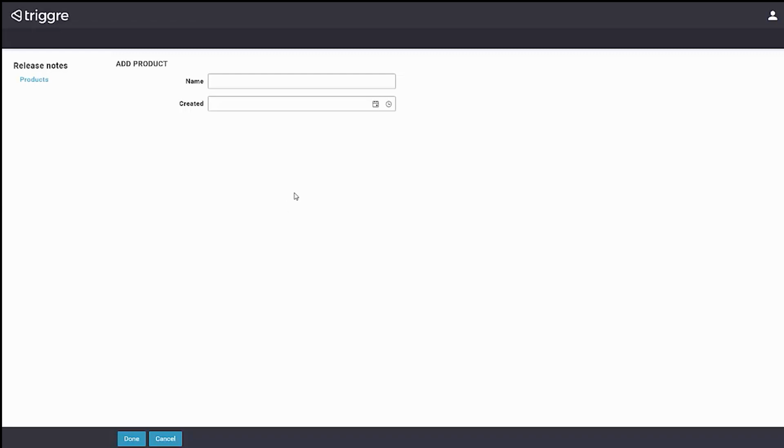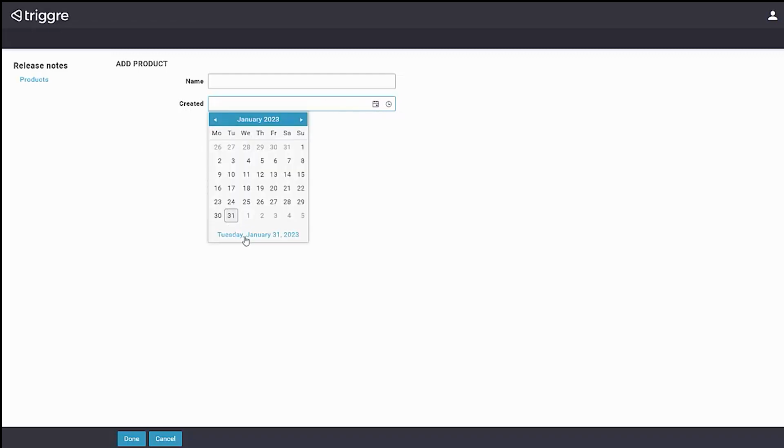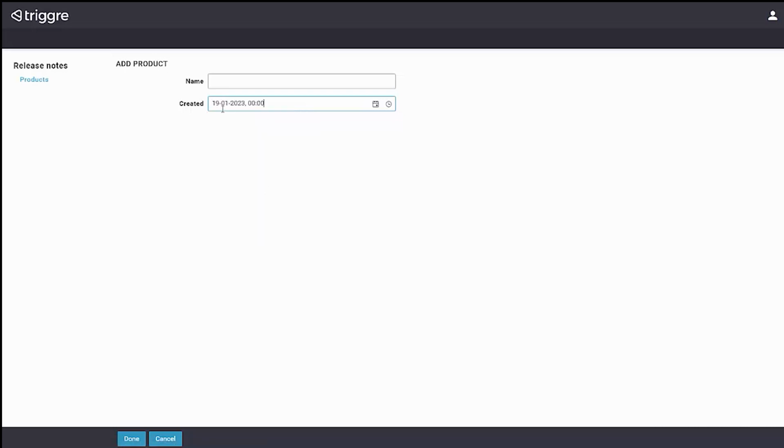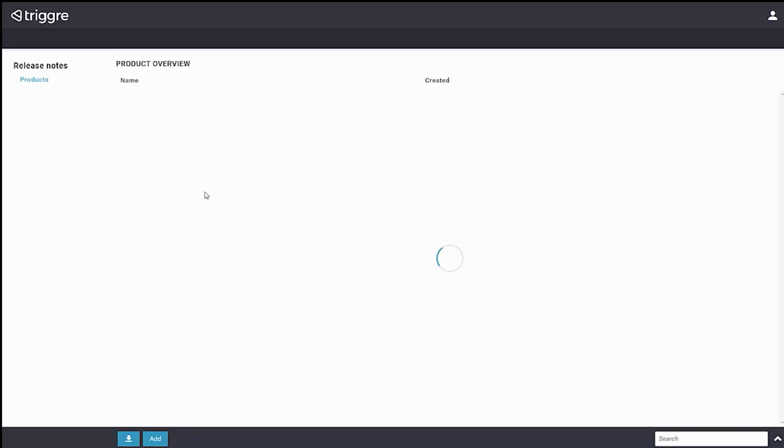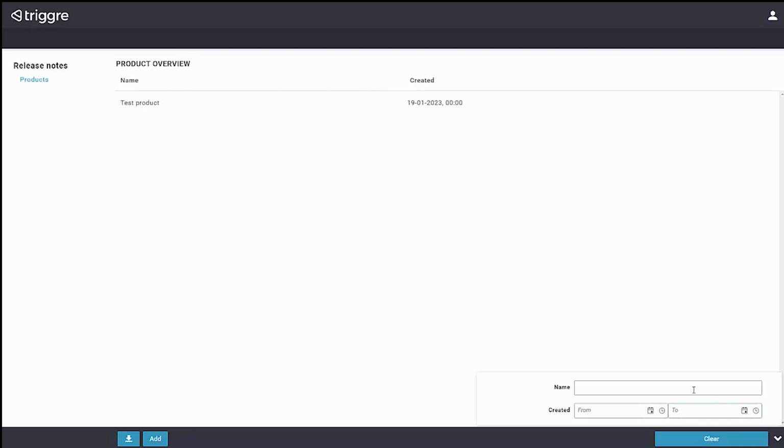We now also have some changes to regional date time formats. So when your application is hosted in the US, you will get actually US time formats and date formats automatically. This one is hosted in the EU. So things like these dates, when you enter them, they will be formatted in the format that is sort of normal for your region. So in this case, if we add a test product, for example, all the values, such as here with the dates that you can select, but also in the tables, they will all be formatted according